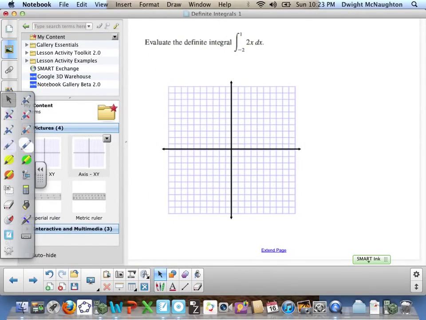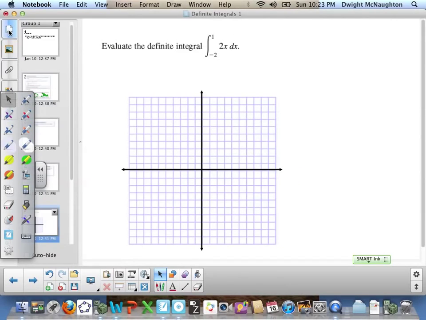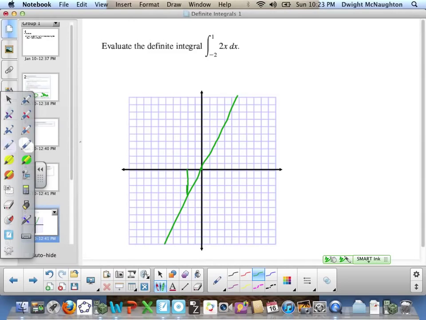We all know what it looks like, from negative 2 to 1. So we're looking for this area underneath this line